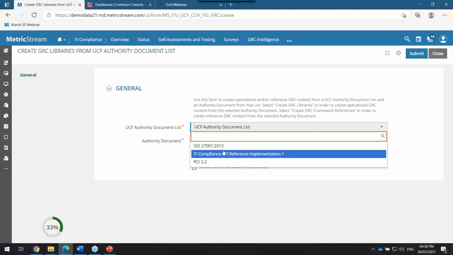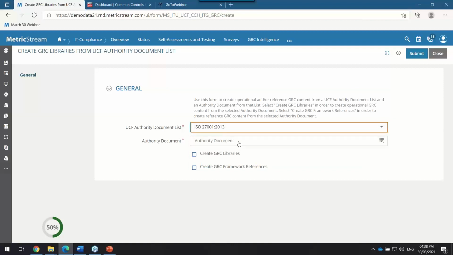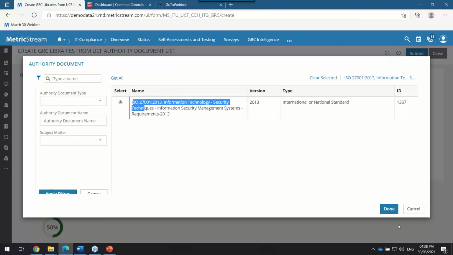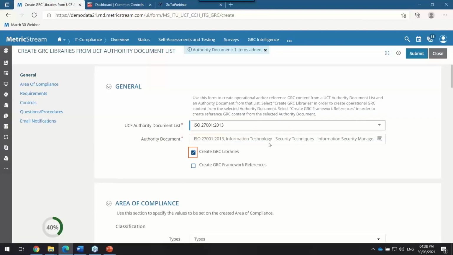So I go ahead and choose the authority document that I want to create as a library object. In this example, let me say it's ISO 27013. Then I choose the document name. This is again the same document that I created on the UCF portal. From here on, it lets you create the libraries.